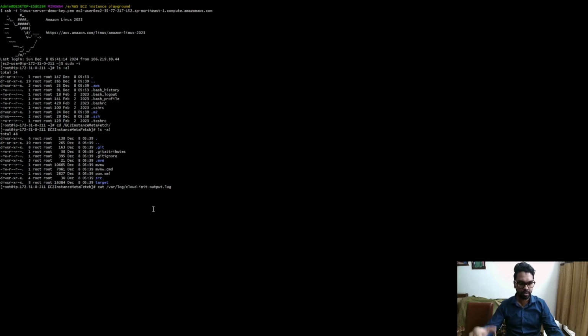So this will be a very long log file, hundreds of lines will be there. So to see the last few lines of the log, we can use the tail command, which will output the last 30 lines of our log file. So this is the command tail -30 and our log file location. This will show the last 30 lines.